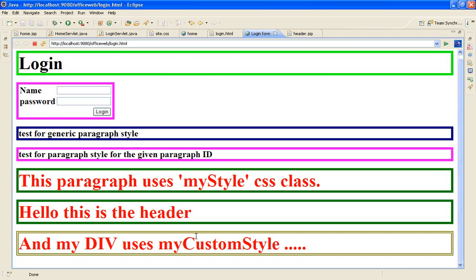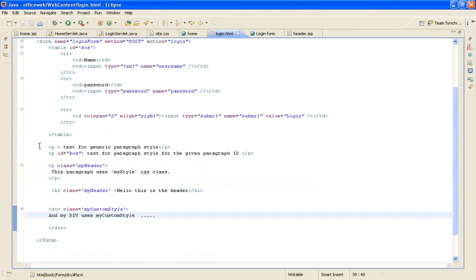Push all these HTML elements into a separate HTML file.